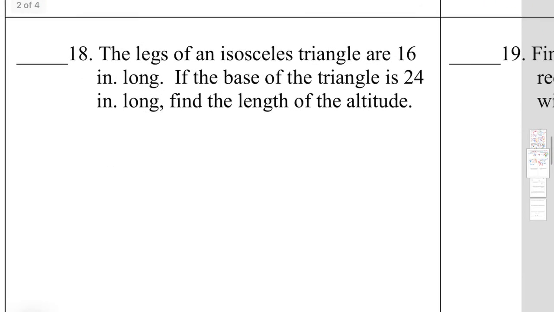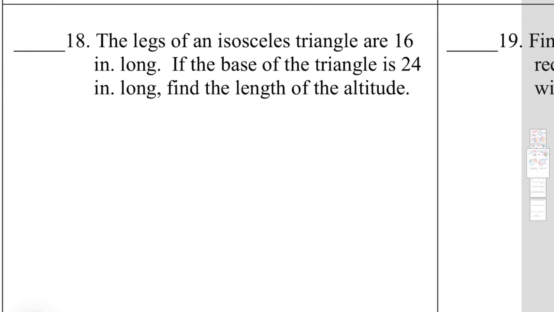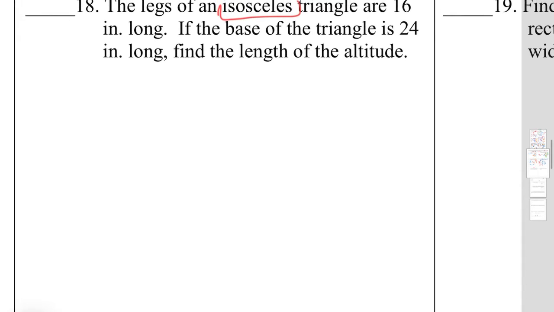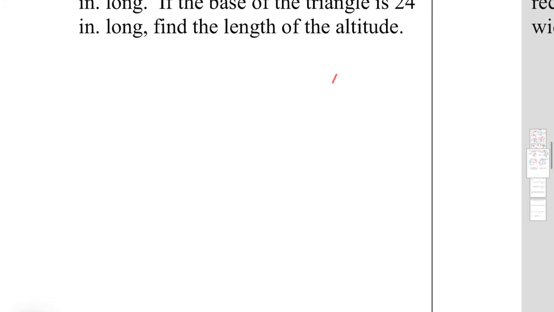Moving on to 18. It says the legs of an isosceles triangle are 16. Isosceles means two congruent sides. And it says the base of the triangle is 24. Find the altitude. So I'm going to go ahead and draw my isosceles triangle